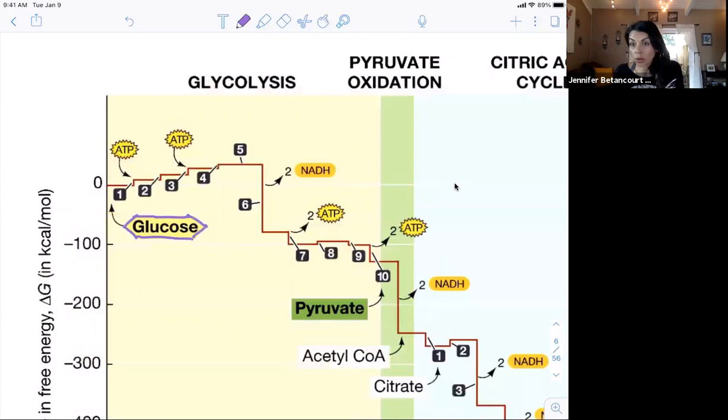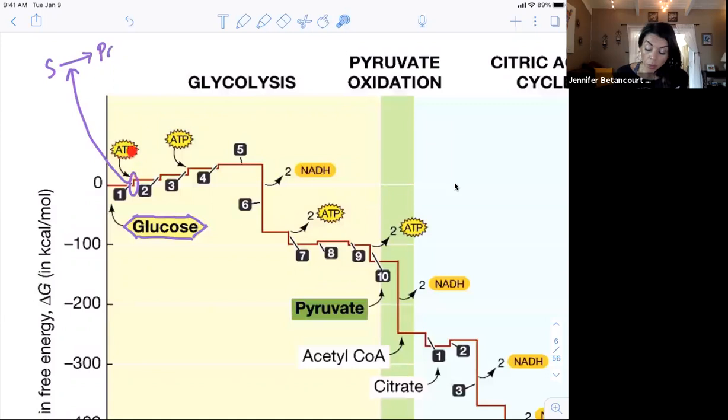Here's your hexagonal, your hexose, your glucose, and each of these represents a chemical reaction. So this little stick right here represents the arrow from substrate to product. Okay. And what this tells you with this graph, I know it seems confusing or overwhelming now, but I find it really helpful, is that also at reaction